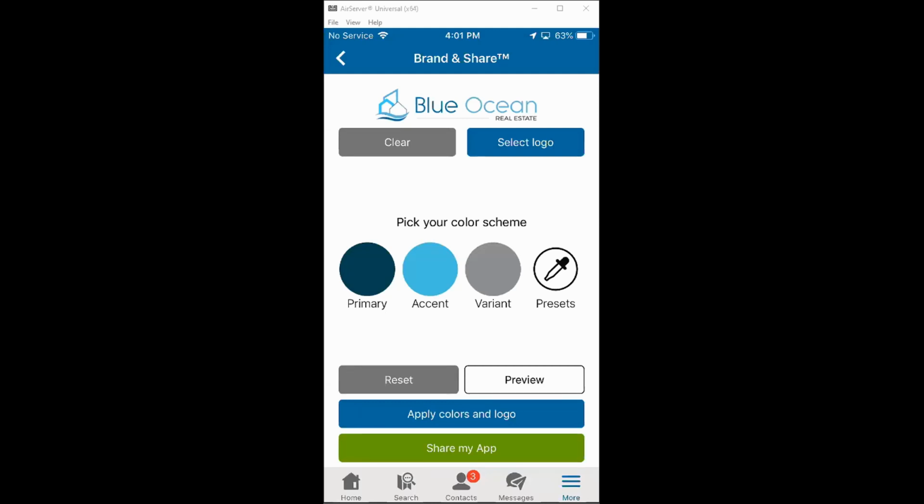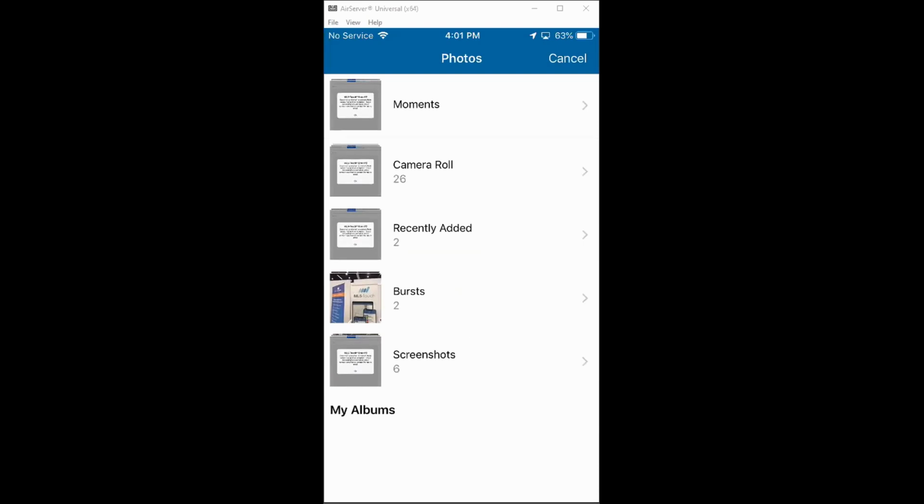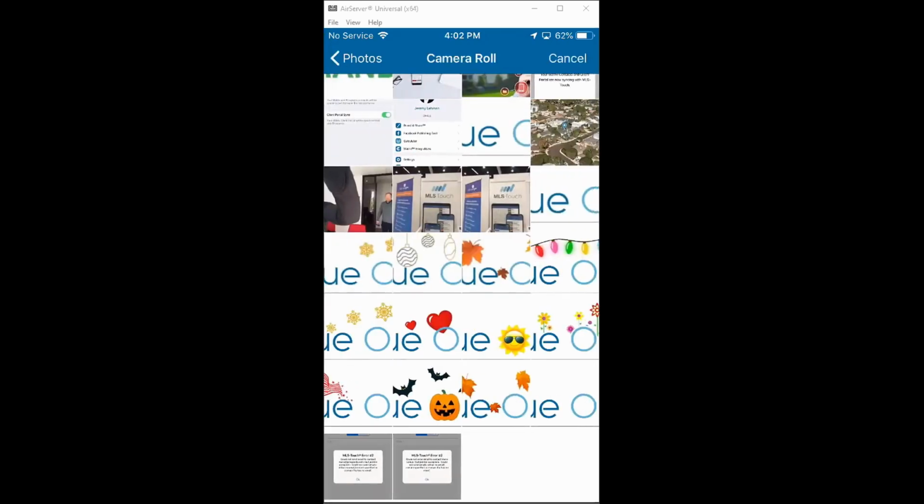But if you do have your logo ready to go on your smartphone or tablet, then just press the select logo button at the top right. It will prompt you to access your photo album or photo gallery, and then you'll be able to pick from the images available there. And on my end, I do have a graphic designer friend that created a bunch of